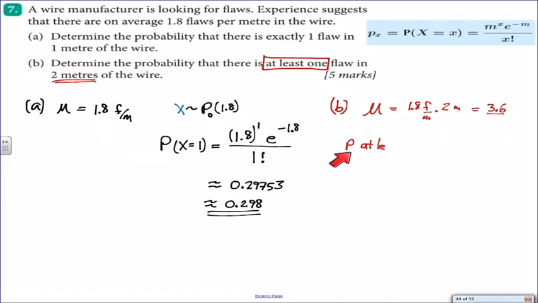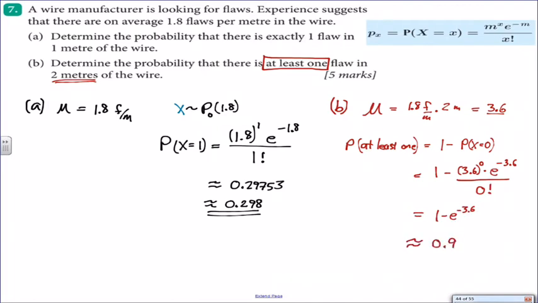So this time now it says at least one. Remember, when we have at least, we're going to take the probability of it not happening and subtract that from 1. So here again, we can go straight to the formula, and thankfully 0 factorial gives us 1, so we don't fritz out our computers, and we have a 97.3% chance that you're going to get in 2 meters at least one flaw. That goes back to that poor success rate they have over there.